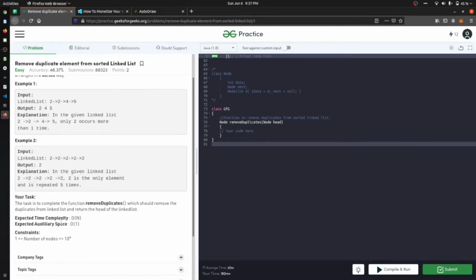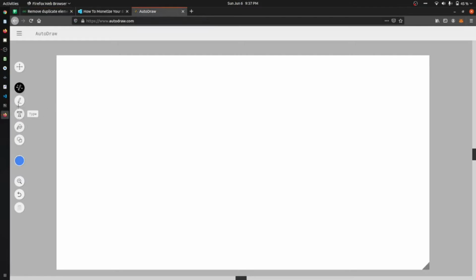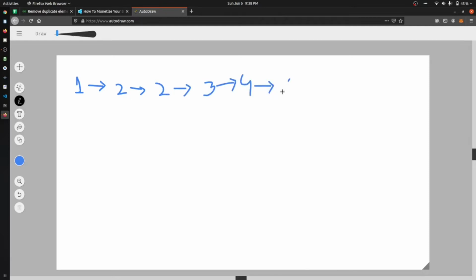You can see that the expected time complexity is order of n. So let's see how we can solve this. Let's say that we have 1 pointing to 2, then it again points to 2, it again points to 3, it again points to 4, and it points to null.